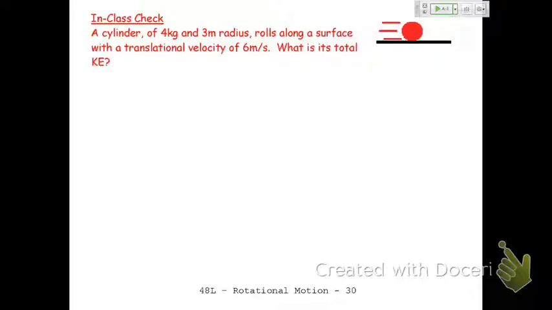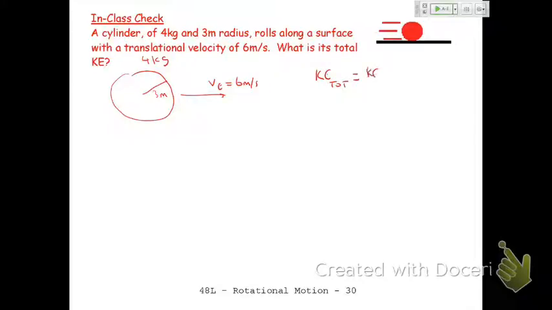A cylinder of 4 kilograms, 3 meters radius, rolls along a surface with a translational velocity of 6 meters per second. What is its total, there's the giveaway, total kinetic energy? So here's my cylinder: 4 kilograms, 3 meters radius, translational velocity. What is its total KE? So my KE total